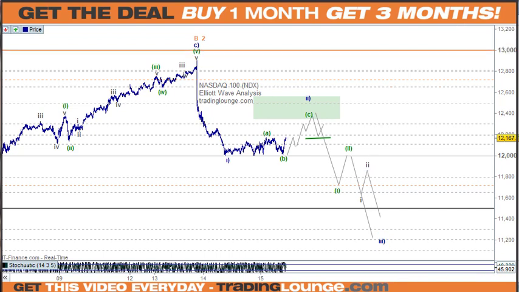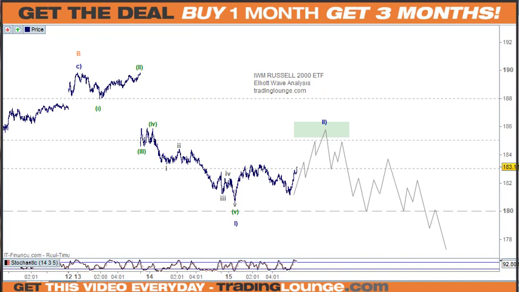Okay, so just moving on a bit. This is the Russell ETF here. You can see in this case that this move hasn't come back and made a new low like it did on the SPX, the S&P. So it's held above here. We can look at this as the A, the B, and the C wave moving up here with 1, 2, 3, 4, 5. So that's how that's playing out.